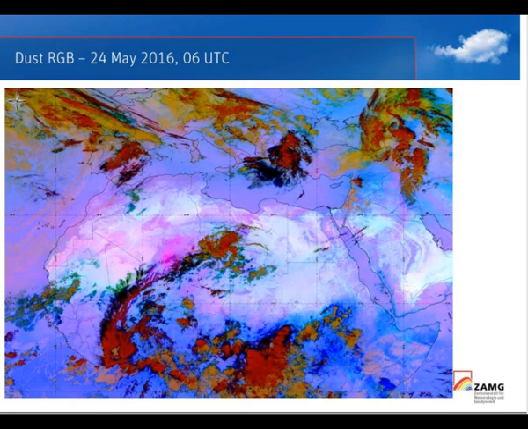So the first thing, you're completely right, is this over here. And as the name implies, it's dust RGB, and you see the dust in these really pinkish colors. There is this low over this region, and it lifts off all the dust, and then you can see it in the dust RGB. And the second feature I want to talk about is this one, these green colors. I have told you before that green colors, like over here, are a sign for thin mid-level clouds,